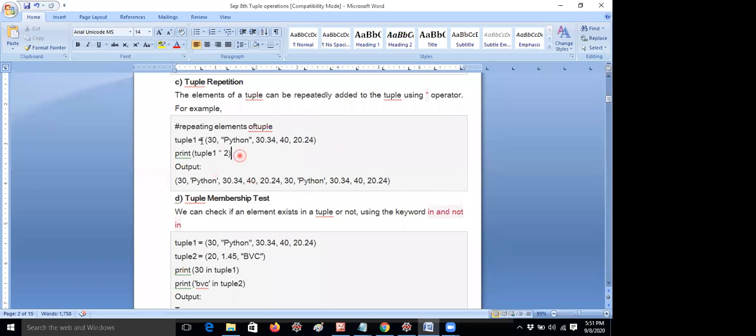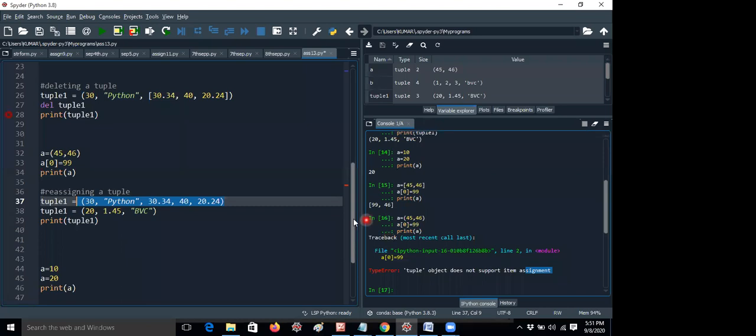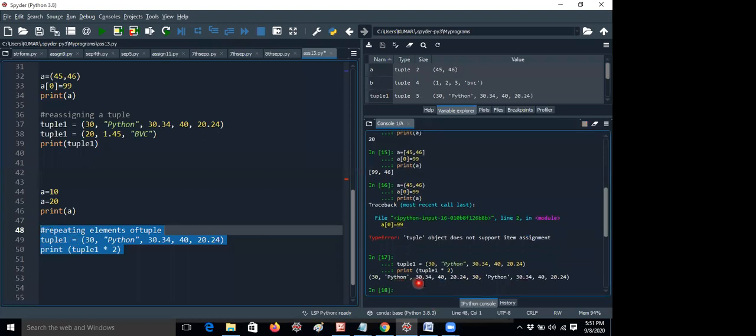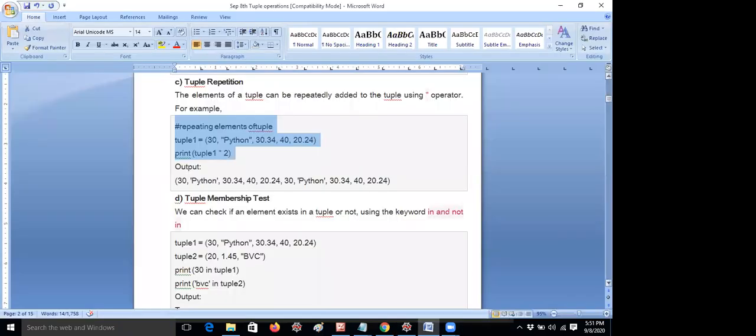Okay, if you want me to run the program, I will run, that's not an issue, but it will take 1 minute extra. Okay, so anyway, let me execute it, no problem. So hope you understand, guys. 30, Python, 30.34, 40, 20.24, again 30, all the values will be displayed in a tuple. Next,